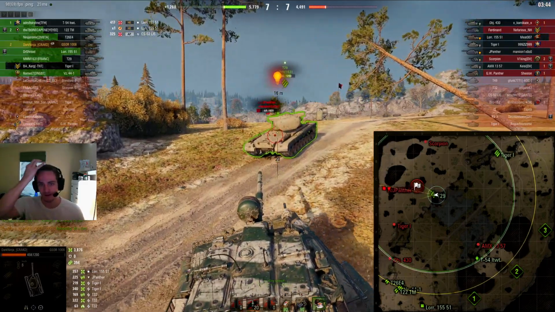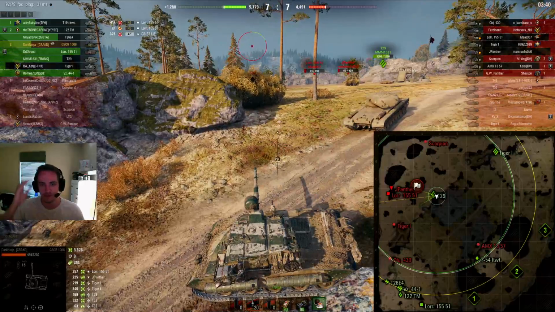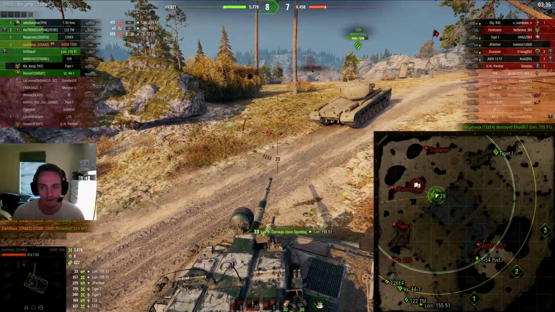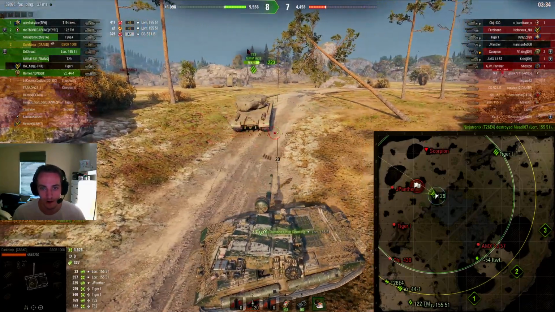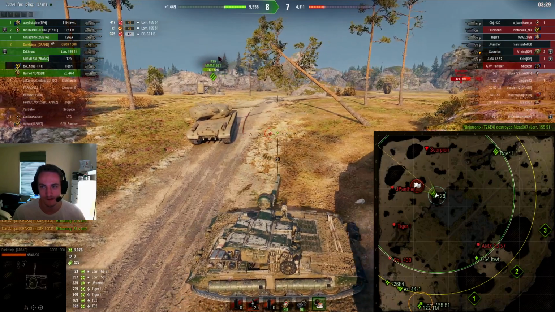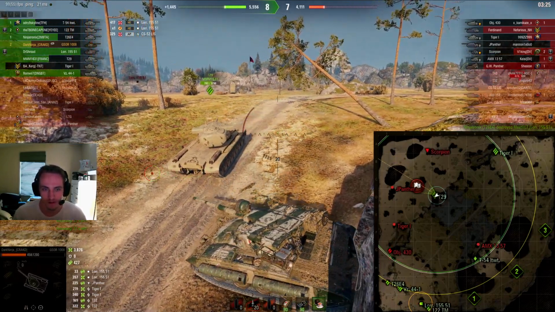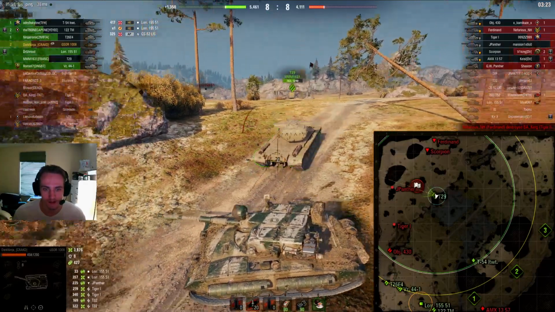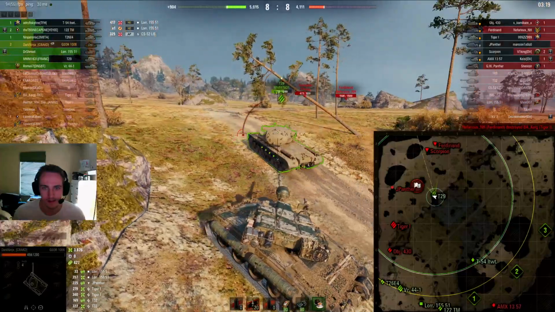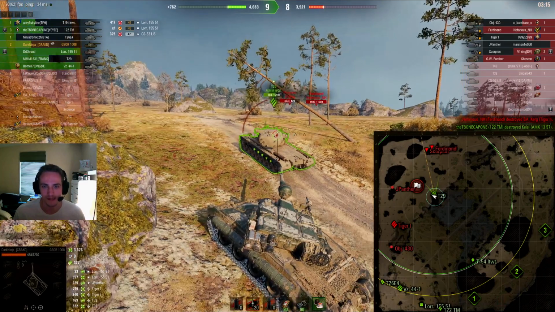But I just find the turbo to be more useful overall. Now what you could also run instead of the improved aiming unit, you could run hardening. You could also run optics because it doesn't have the best view range. You could drop the turbo for a rotation mechanism for better dispersion on the move. But honestly, I think in 80 or 90% of games I would just use the turbo, vents, and